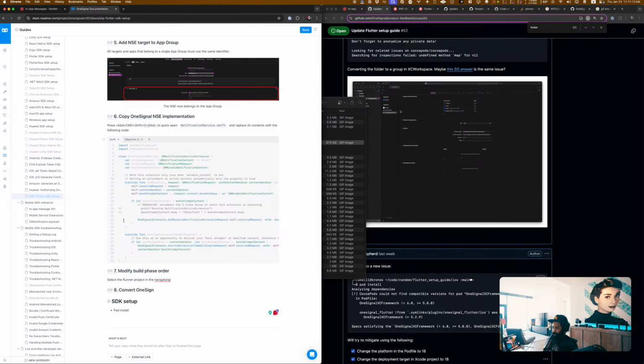I need to go and update that in my other guide. This will be the only thing that'll be one signal. All right, so select the runner project. I'll just keep it like this for now. Convert NSE to,